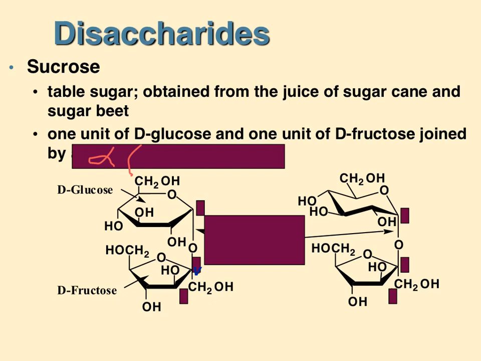What carbon is it? It's carbon 1. Then the way that on the previous slide I showed you a little arrow, you're going to see in a moment, some of them are like in organic chemistry where sometimes they use a comma, but I'm just trying to be consistent. Now on the fructose down below,